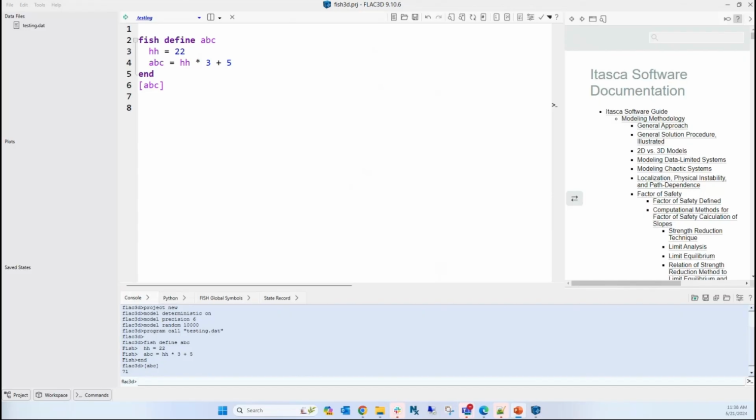So here's my little function. We've already seen this. Because this is a programming course, you always have to start with writing hello world. So a fish function to do that might look like this: fish define hello. And if you want to write to the console down here, you do this. You go